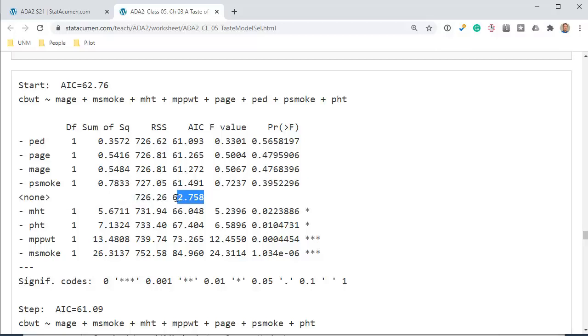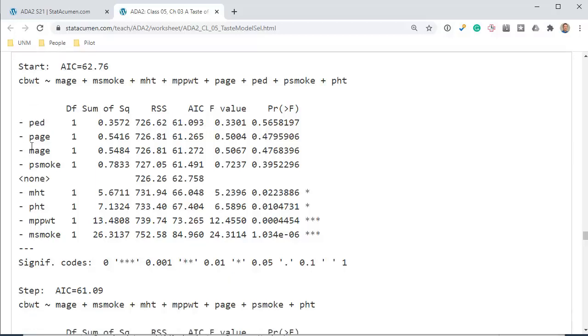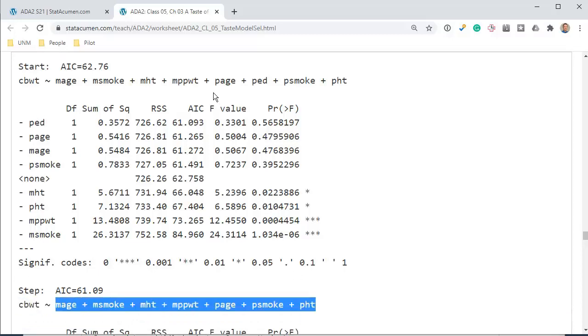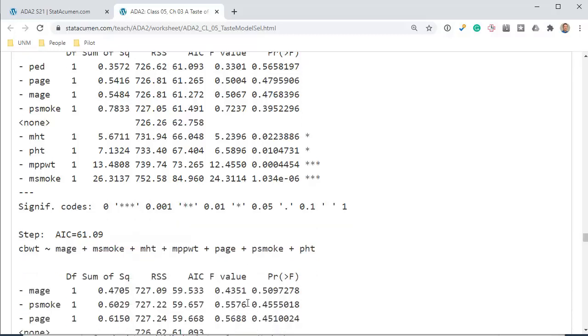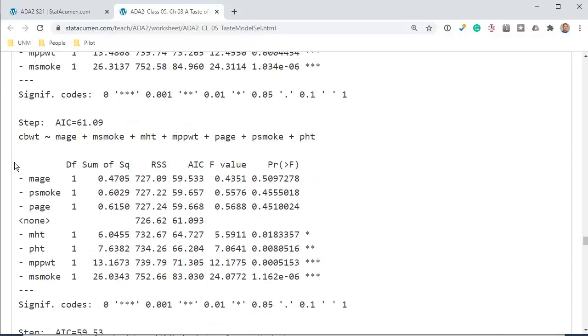The 62.758, that's the starting value. So it says that we can have a better model in terms of AIC if we drop father's education. So that is the first thing that happens. If we compare the next model to the one that we started with, the only difference is that there's no father's education. Okay, so we remove father's education, then it looks like you can remove the mother's age and